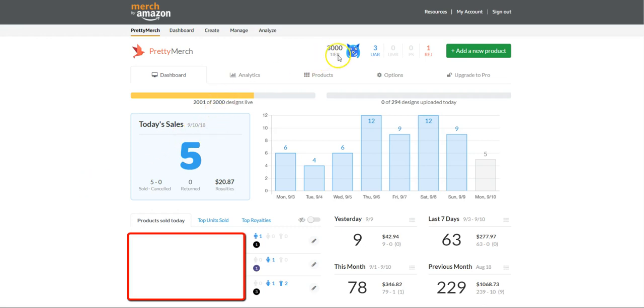So right here at the top, I'm tier 3000. I have 3 shirts under review. I forget what UMR and PS is. I have 1 rejection. I have 2,001 of my 3,000 designs live, 5 total sales for the day, no returns, $20 in royalties. Here we got a bar graph where we can see sales trends over